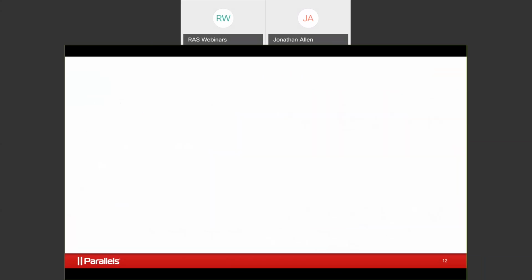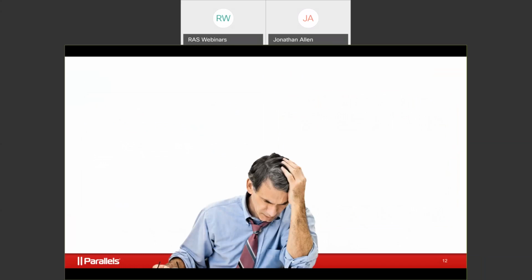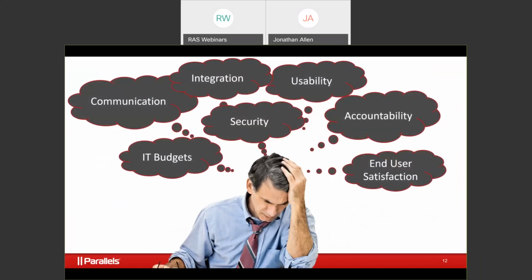Now, we know that you guys within IT are dealing with a lot of challenges and a lot of issues right now within your organizations. Mobile workforce management should be able to help you in all of these areas. And by providing this level of capability, you're going to do twofold.